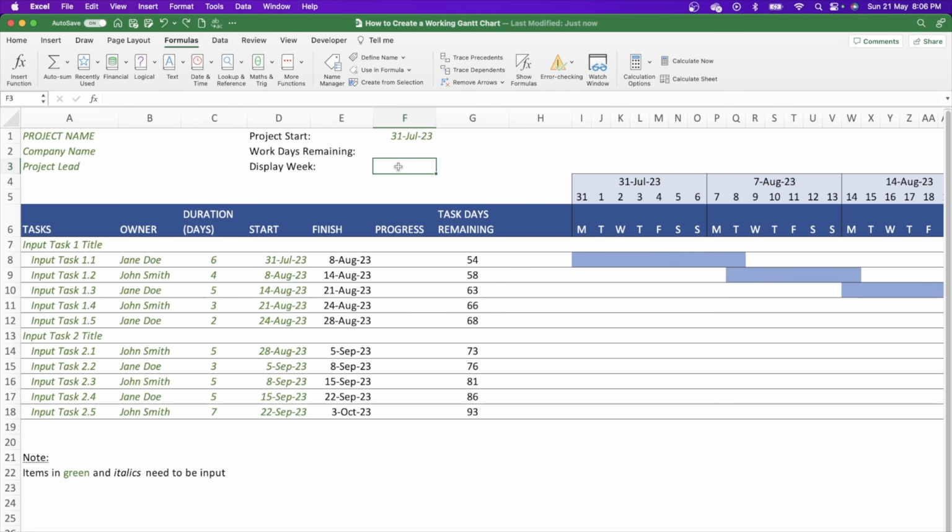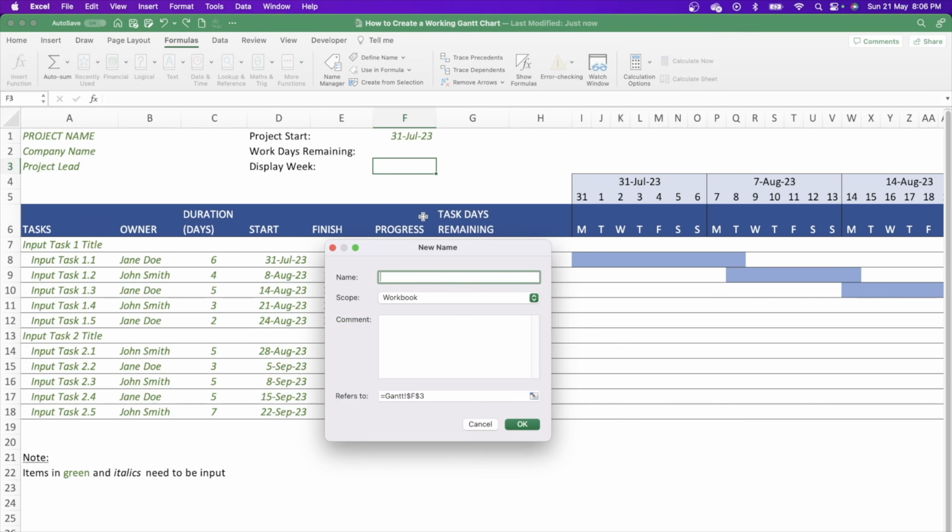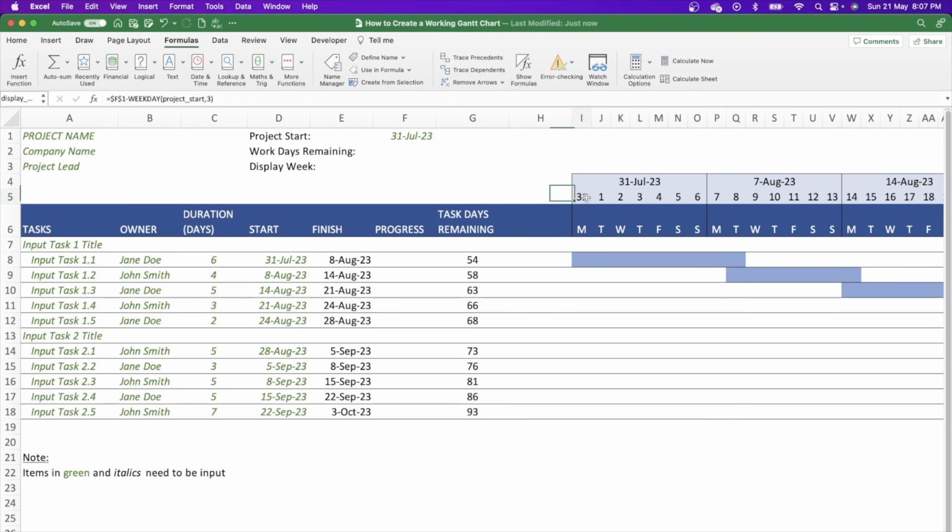To do that, we'll click on F3, which is the display week field. Right click on it, go down again to the define name, define the name and just call it display underscore week. Press OK. And then we'll amend again the formula of the first day in our timeline. To do this, we'll click back on the first date on the timeline, and we'll edit the formula in the formula bar, and we'll add plus, open parenthesis, the display week name, close the parenthesis, then multiply or star asterisk